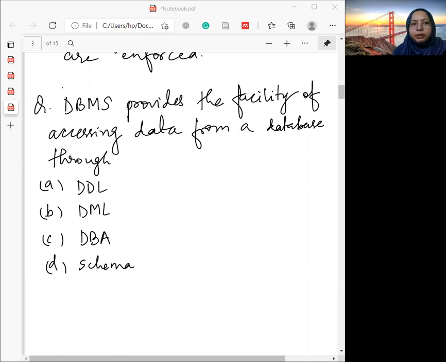So let me take one by one the options. So DML stands for data manipulation language. Okay. So SQL command that deals with manipulation of data present in a database belong to DML or data manipulation language, including retrieving, storing, modification, deletion, insertion, and all. That is why the option number 2, that is DML, will be the correct option for this question. Okay. So the correct answer is option number B.